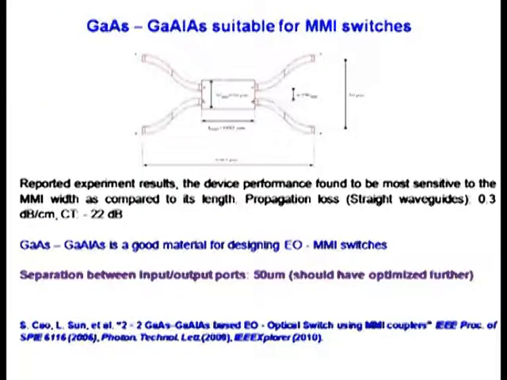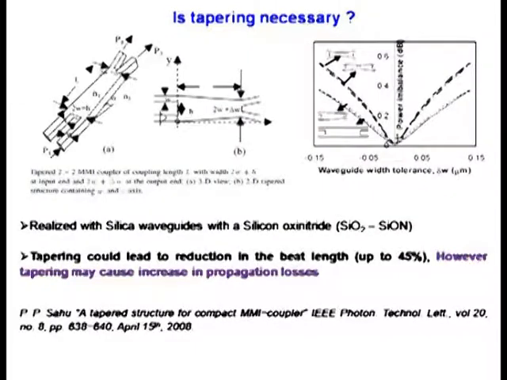Then the other material which has been used is a composite of gallium arsenide and gallium aluminum arsenide, which is also suitable to design MMI switches. Then, is tapering necessary? Do we really need to have a symmetric coupling region? In many of the MMI structures, this coupling region is supposed to be symmetric, but some other author had done a work with a tapered coupling region, and he has come up with different outcomes,